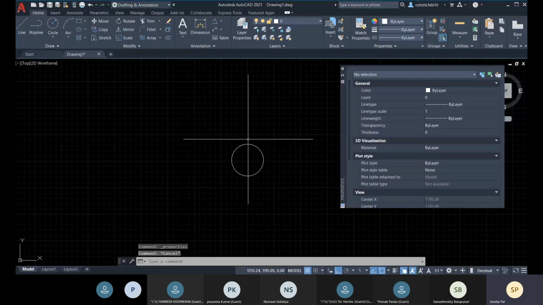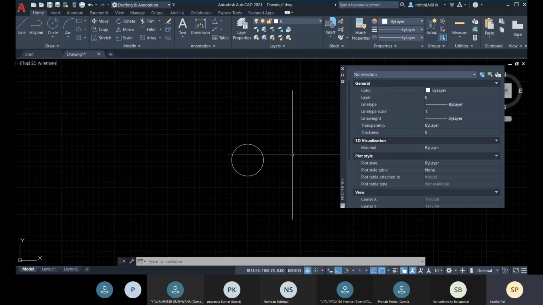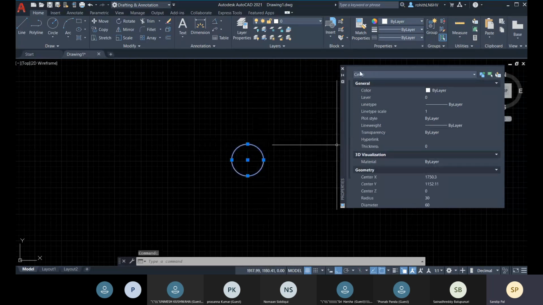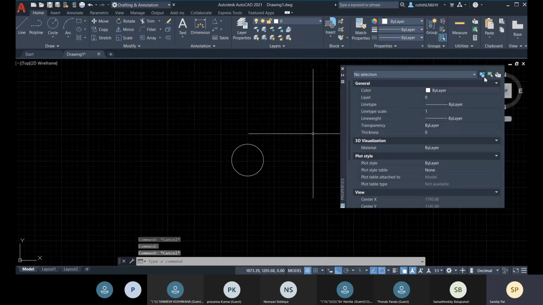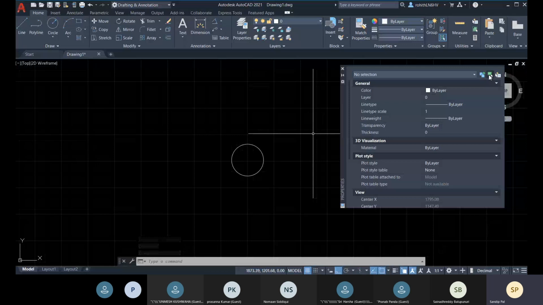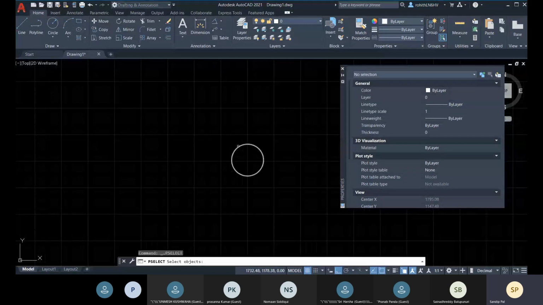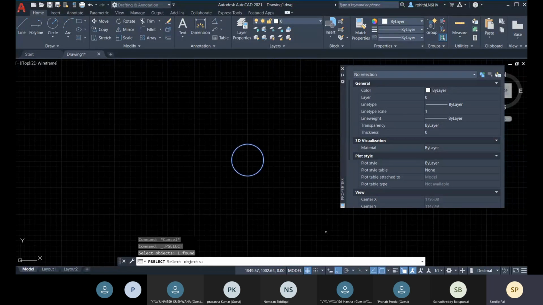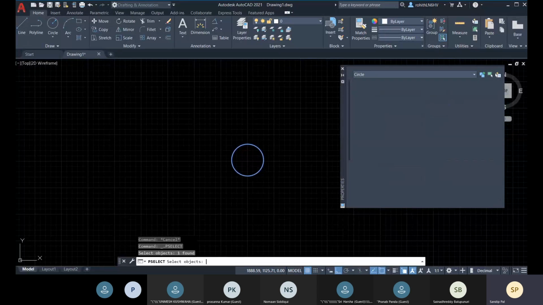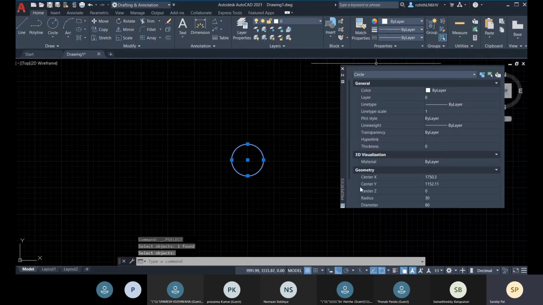Suppose this object is not selected, but you have opened the properties palette, and if you simply click on this, you will get this circle's information. Or here you also have this select object option available. You can click on this and select within your viewport, select it and press enter, and there you have it.